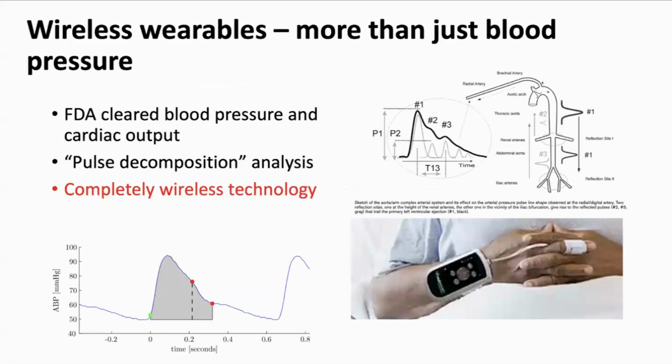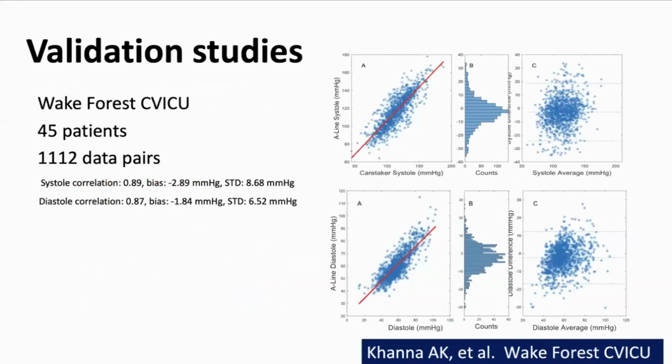This is our work with a wireless wearable technology that Johnny just introduced to you. These are validation studies that we have done and other investigators have done based on this technology. This study, I'm showing you part of the data. This is its comparison in our CVICU in 45 patients and more than 1,000 data points, looking at the comparison